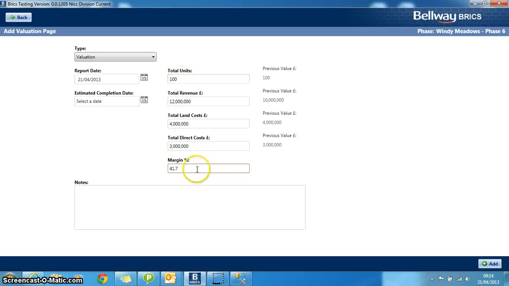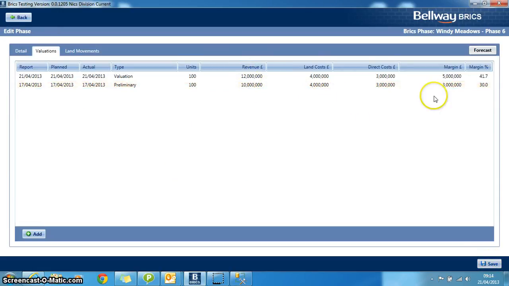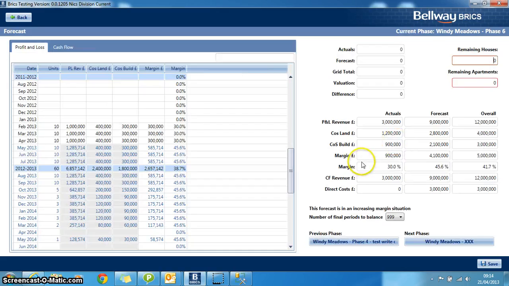So we can now see the effect of this new valuation would be to push my margin from its previous value of 30% to a new value of nearly 42%. Let's add that into the system and go back into my forecast. What I can now see is that while the actuals clearly haven't changed and are running at a 30% margin,